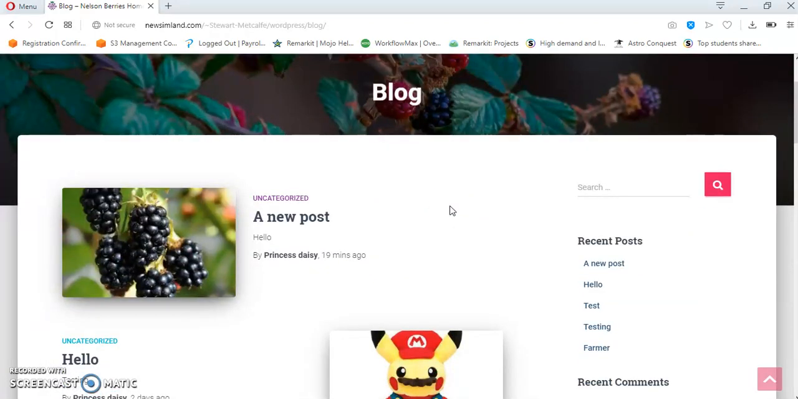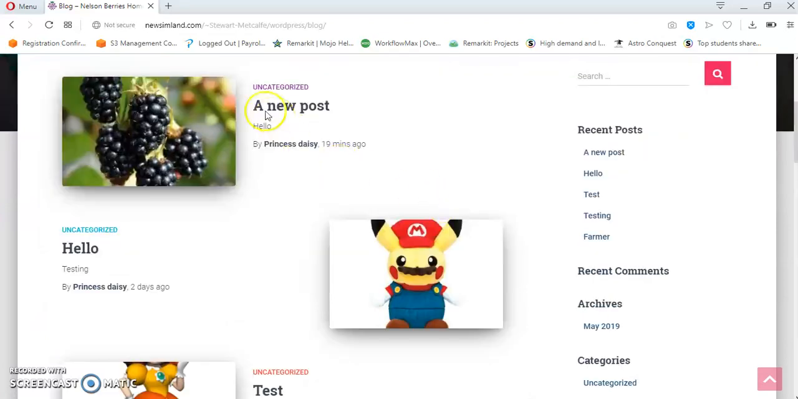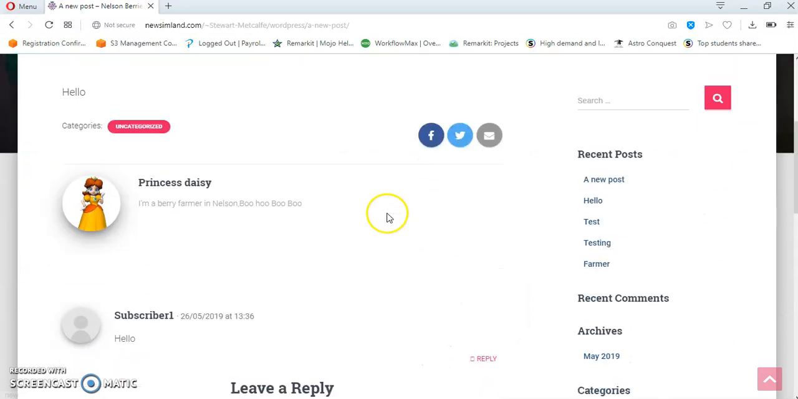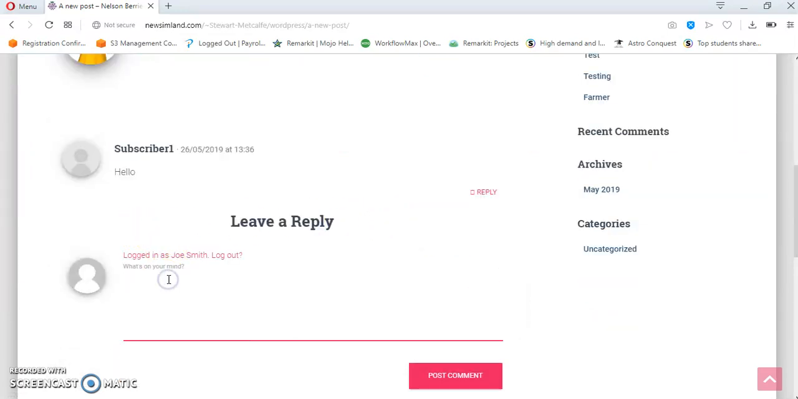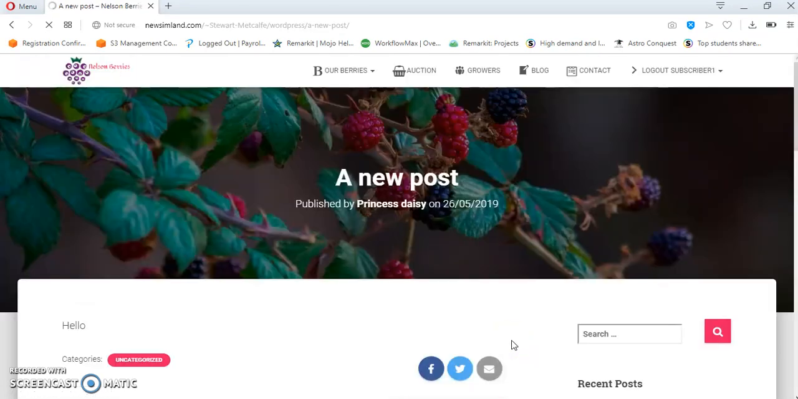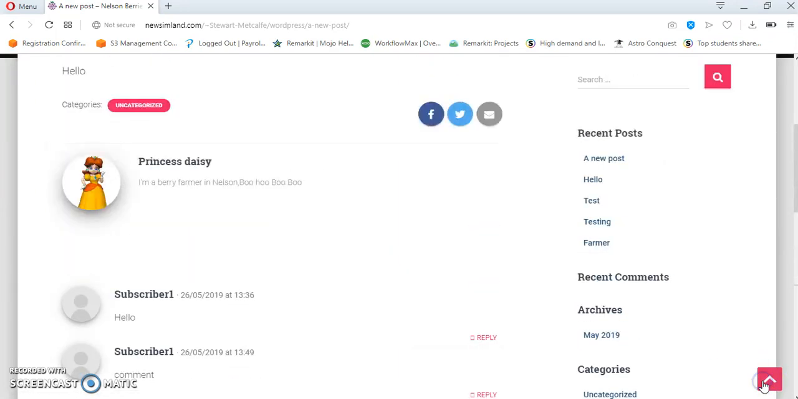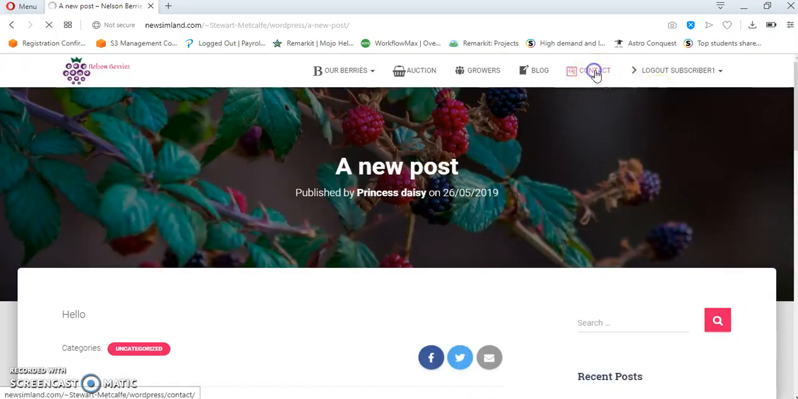Growers and admins are able to post. No one else can post on this blog site, but visitors and subscribers can comment. This would allow them to comment as to how good or how bad a particular grower is when it comes to their service with the auction functionality. There's also a contact page that shows where we are, who we are,